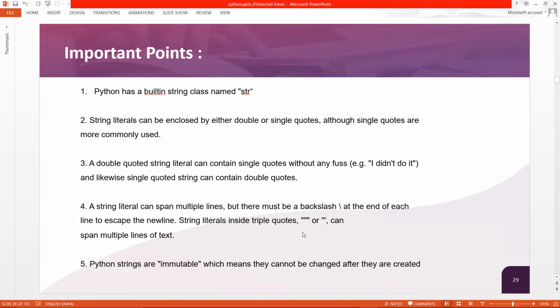So triple quotes are used for paragraphs, and then strings are immutable. That means we cannot change them. Once a string is created, we cannot change each and every bit of the string. We can change the words, we can change everything, but we need to change the words entirely. We cannot make changes like if there is no s, we will change in the s. That is not possible over here. We need to change the entire word.